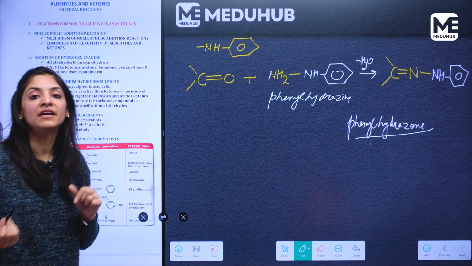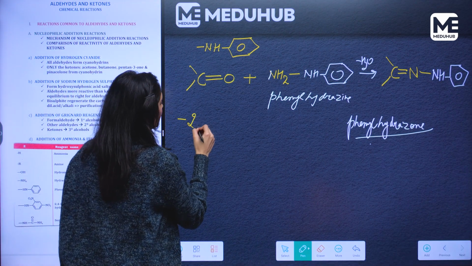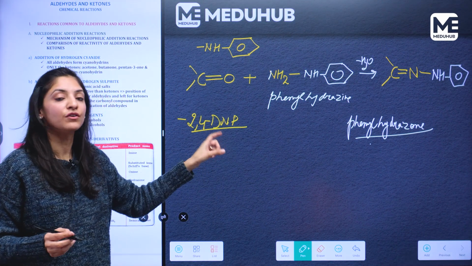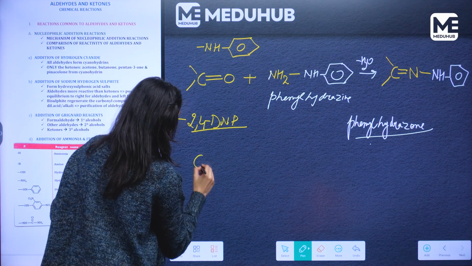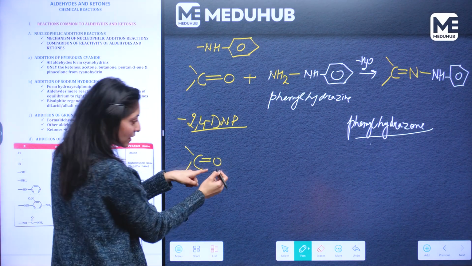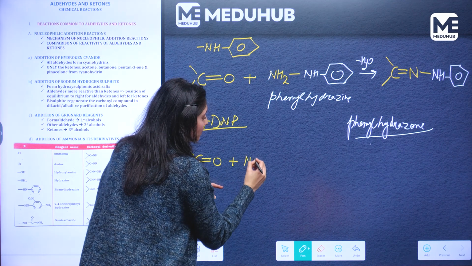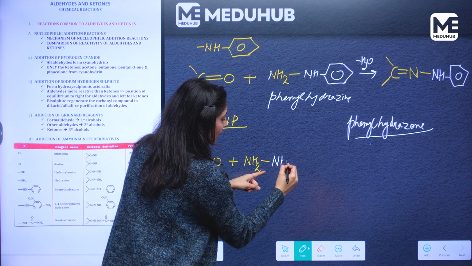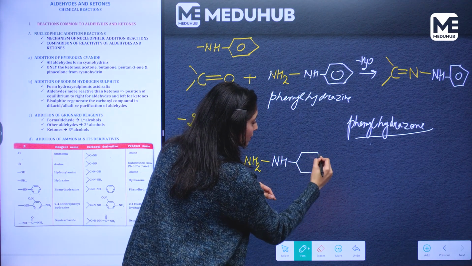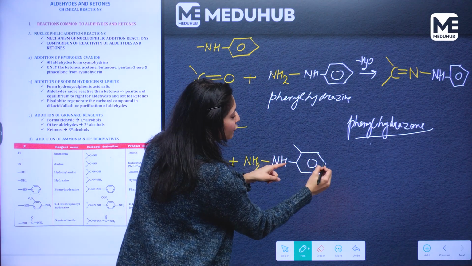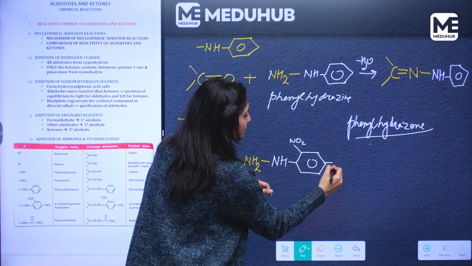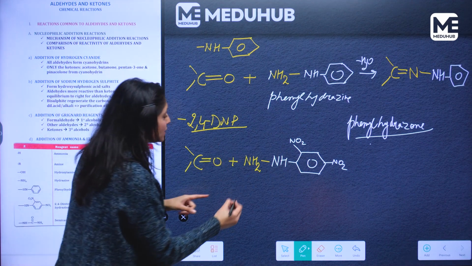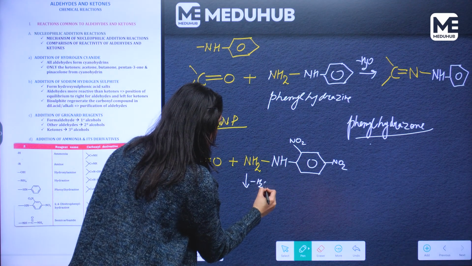If a derivative of phenylhydrazone is there, that is called a 2,4-DNP derivative. That is 2,4-dinitrophenylhydrazine. This is the carbonyl compound. This reacts with a derivative, that is NH2. The derivative is 2,4-DNP, so NH attached to a benzene ring, and at the 2 and the 4 position we have NO2 groups. This is 2,4-dinitrophenylhydrazine. This will give, upon losing water,